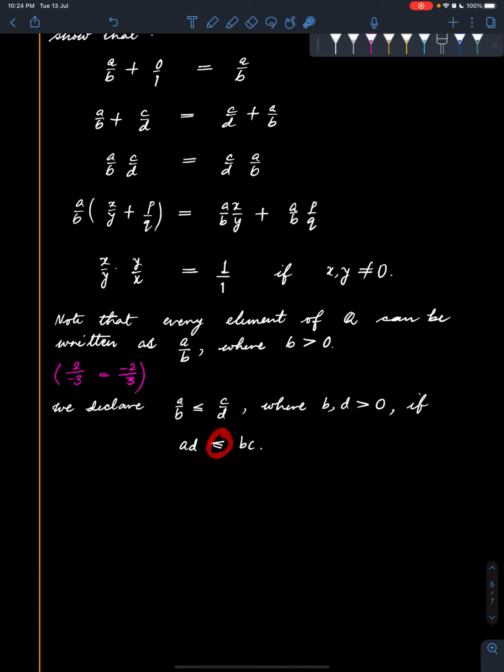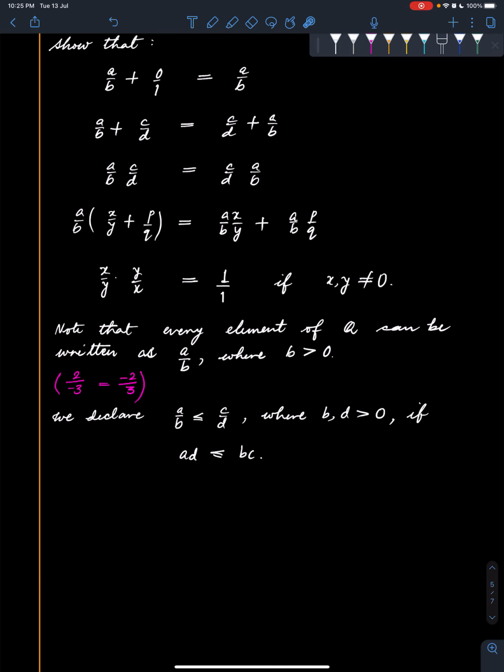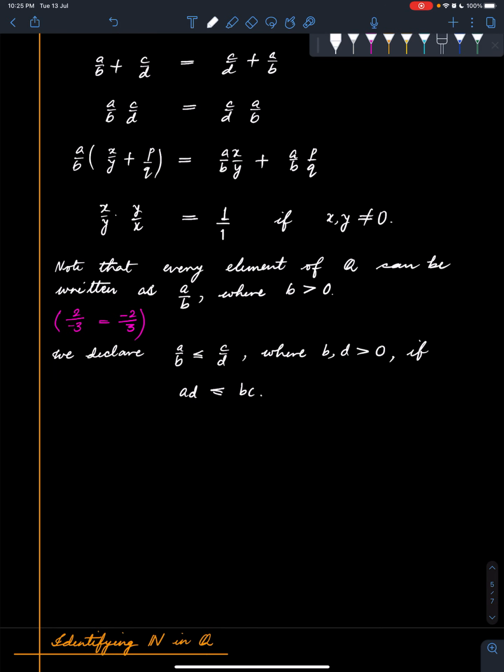So this use of less than or equal to is coming from the natural numbers. Two natural numbers can be compared. While this is something that we are defining and we are using the same symbol for it, that may get confusing, but just bear with me. There's a good reason why we can use the same symbol, and we have been using the same symbol for all our lives, so it's nothing new. Okay, so this is how we define this relation,